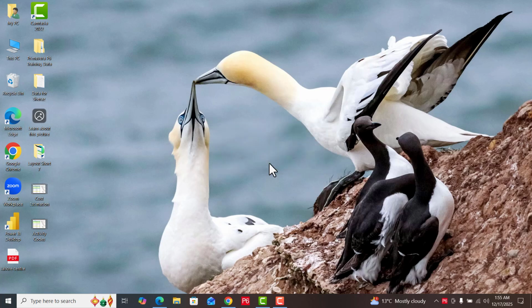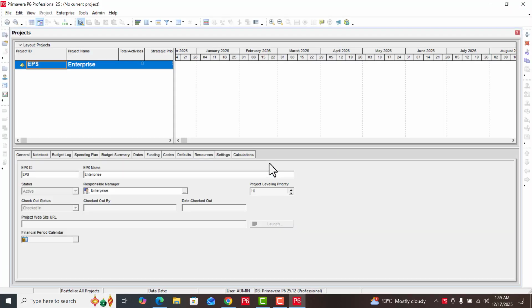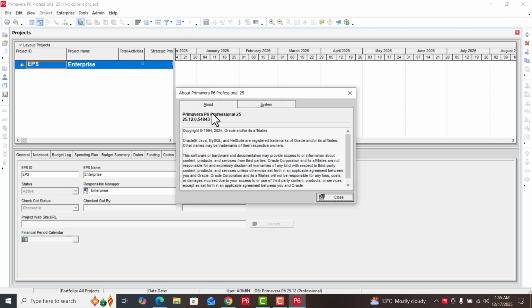Click on OK. Here you can see database Primavera P6 Professional 25.12. Go to help, about P6 Professional, Primavera P6 Professional 25.12